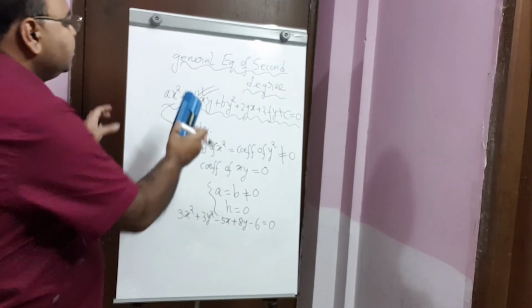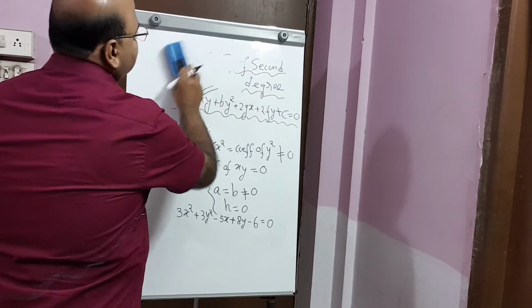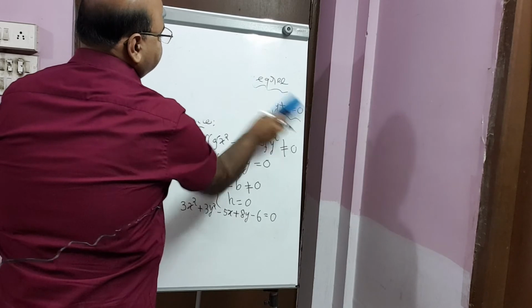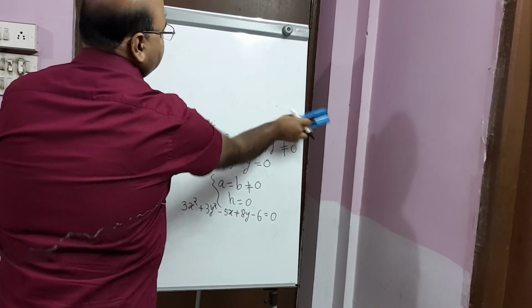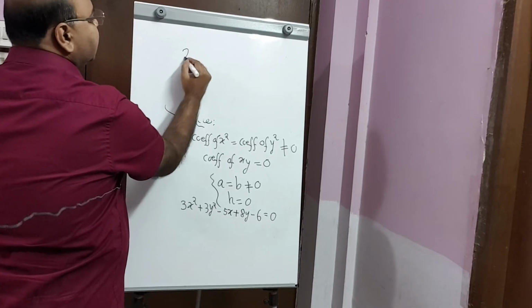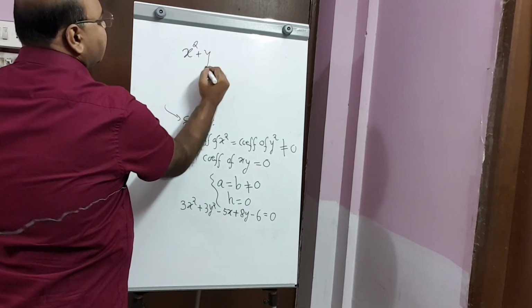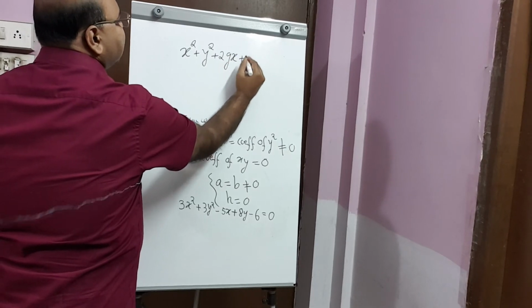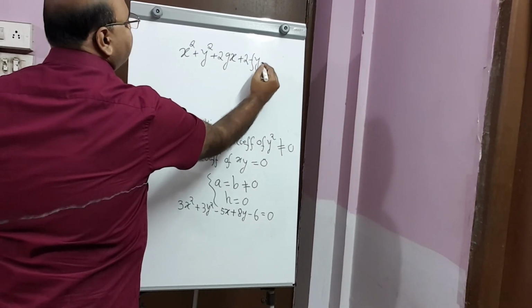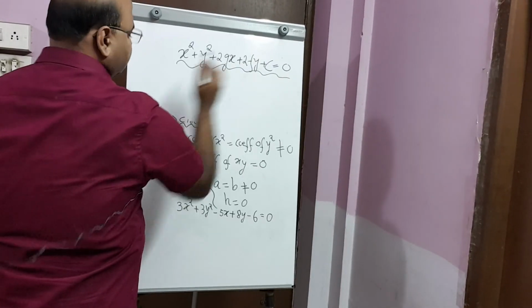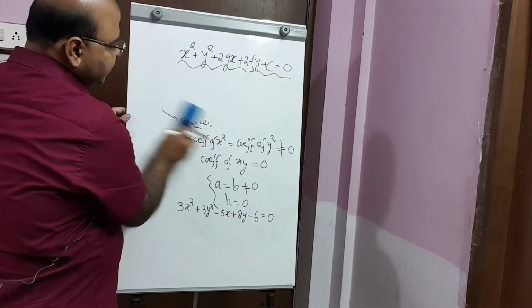The equation of the general form of a circle, as we discussed earlier, is given by x square plus y square plus 2gx plus 2fy plus c is equal to 0. This is the general equation of a circle. And say if I rewrite the equation here,